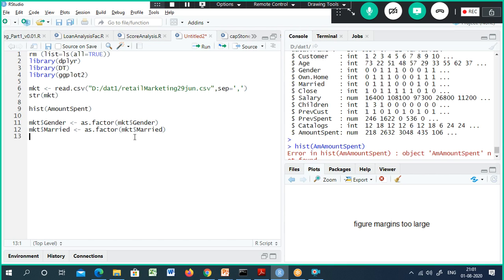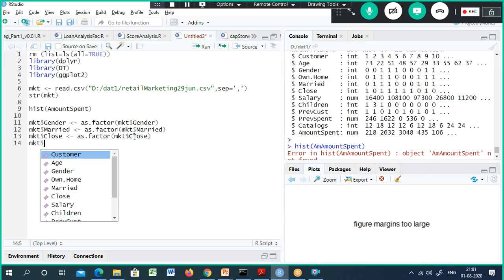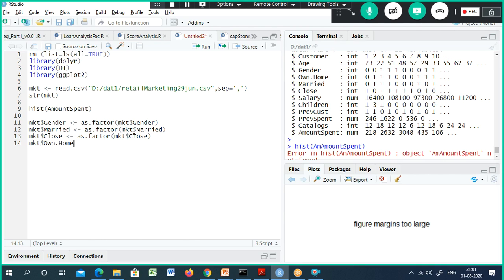And then we have another column called MKT close. The close is nothing but how close the customers are living to the retail shop.